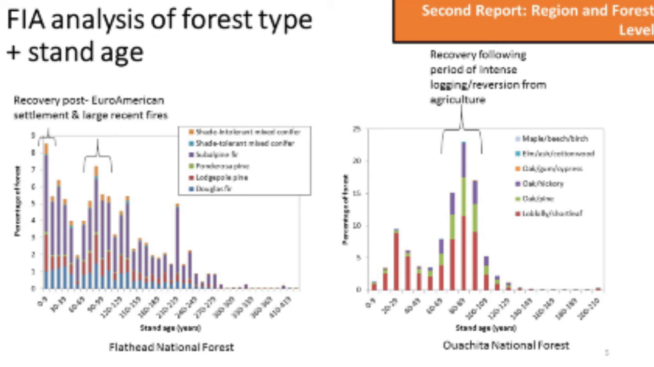And it might also be interesting to note the distribution across different forest types. On the Ouachita, for instance, you see a big peak recovery following a period of intense logging and reversion to agriculture. So those are some of the take-homes you might take away from the basic monitoring data that is presented